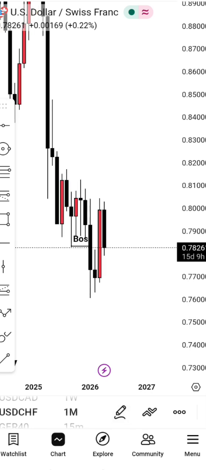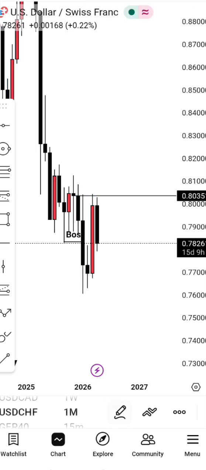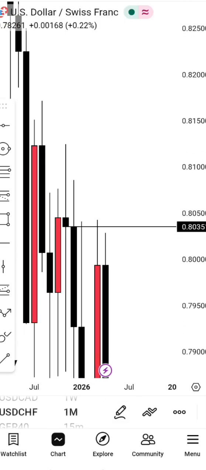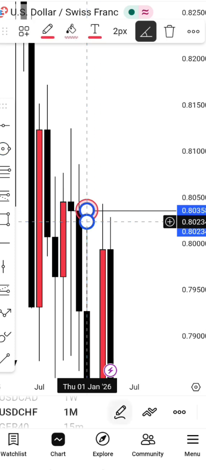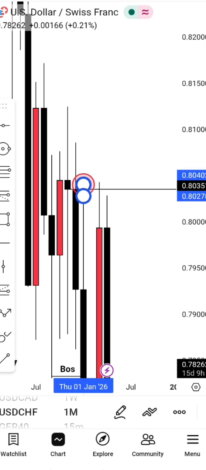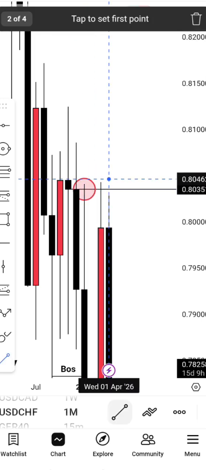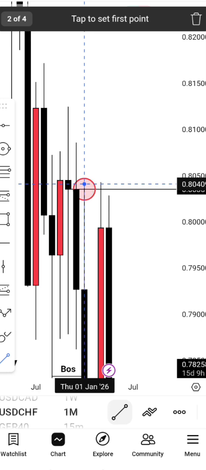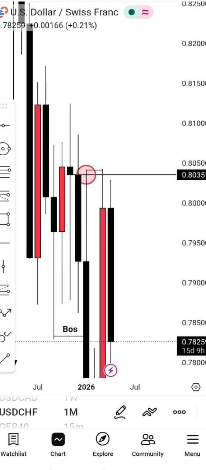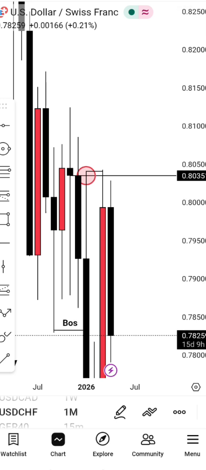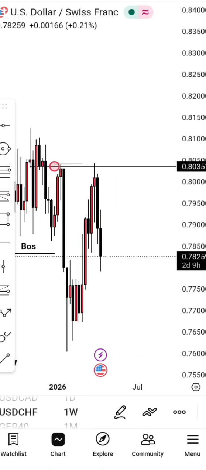So over here, I identified this as my monthly key level, and that's an open close key level that has been rejected once before. Now price came back to it, and we could expect another rejection. So of course price came back to it and rejected it again, swept the liquidity of that high and rejected off that key level. So it means we could be anticipating and expecting more sales. So going down to the weekly time frame,